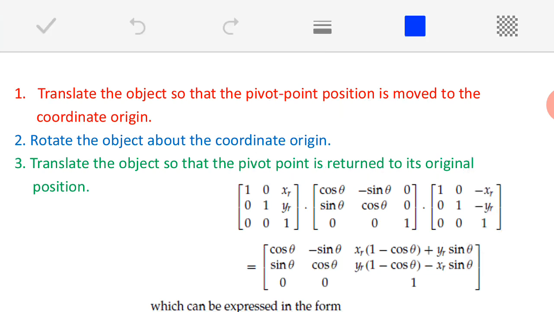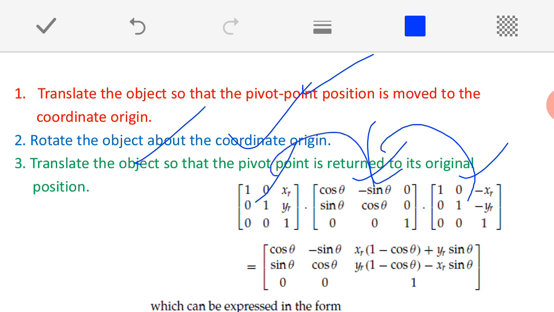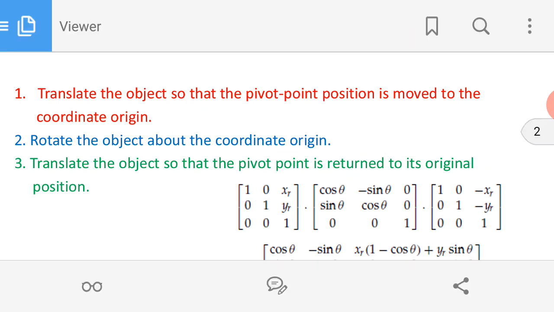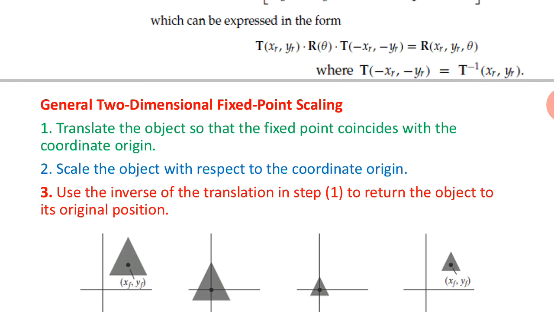Okay. So, here the first step translation, that will be written first here, then second step rotation, that will be written here, then third step retranslation, that will be written last. So, in this order only it will get multiplied, clear. Okay. So, we will move on to the next one.